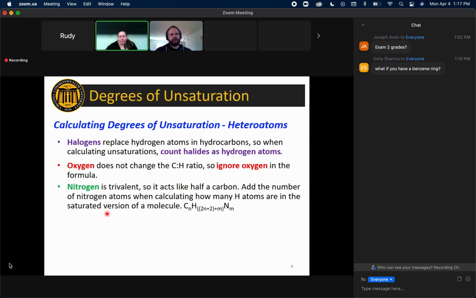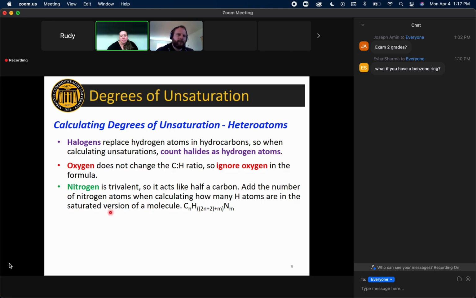Nitrogen is the hardest one to think about. I'm going to hopefully show you a picture that'll help it make sense, so you won't have to just memorize this, but we'll see. So nitrogen is trivalent, right? Typically trivalent with 3 bonds and a lone pair. So it's going to act like half of a carbon, and I'll show you what I mean by that in a minute. But mathematically, what we need to do when we are calculating our expected hydrogens in the saturated version,